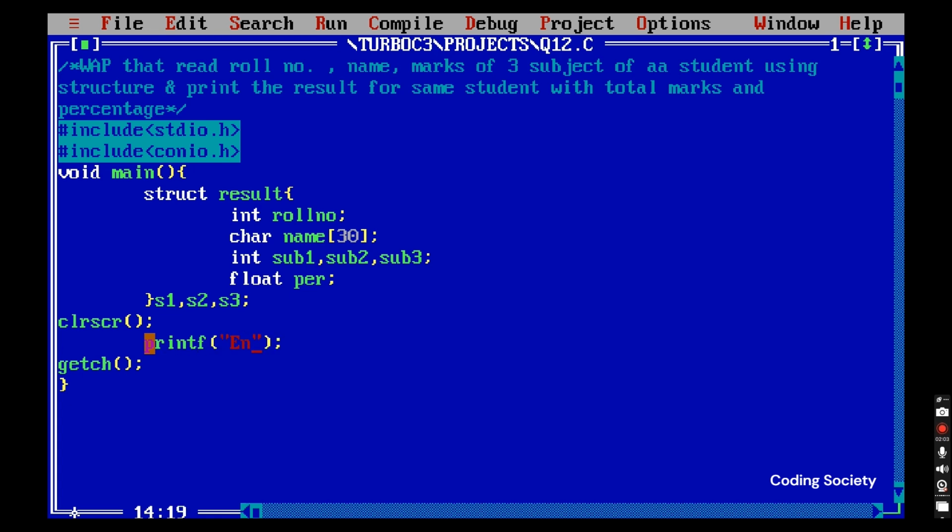printf("Enter a name, enter a roll number of first student."); scanf